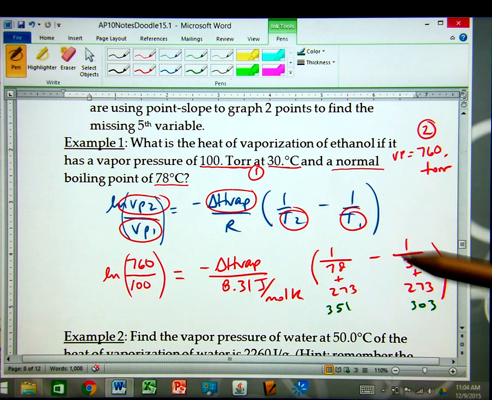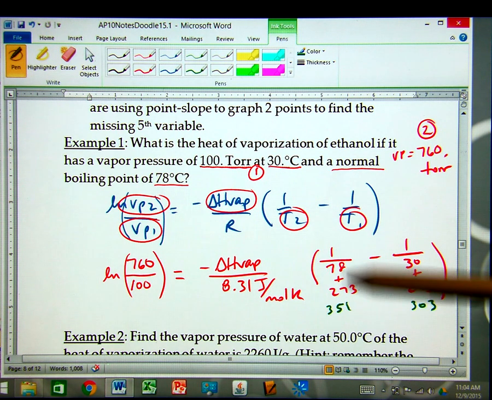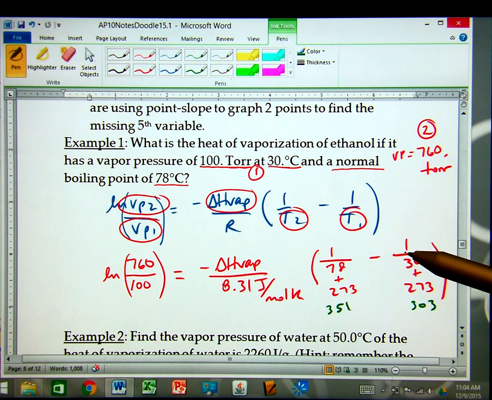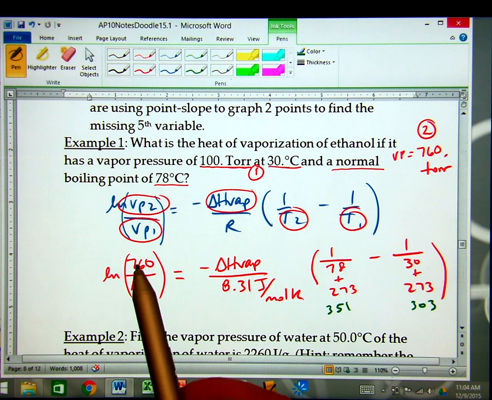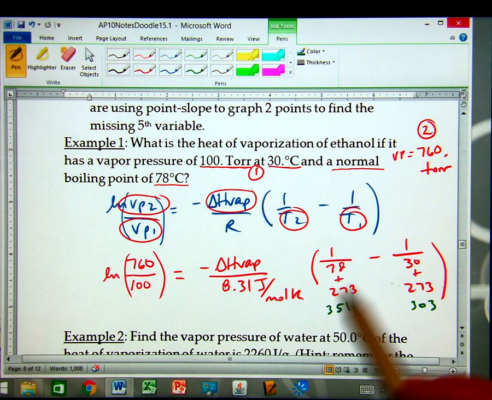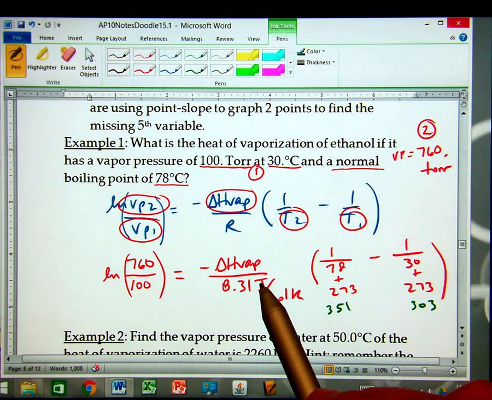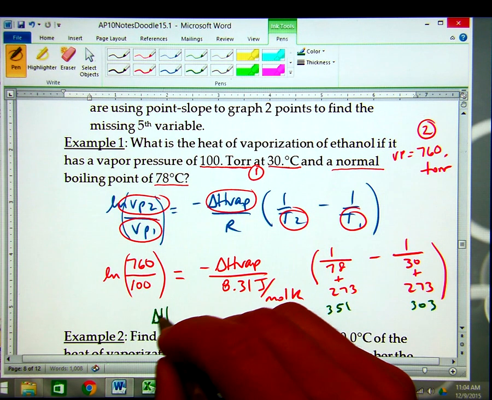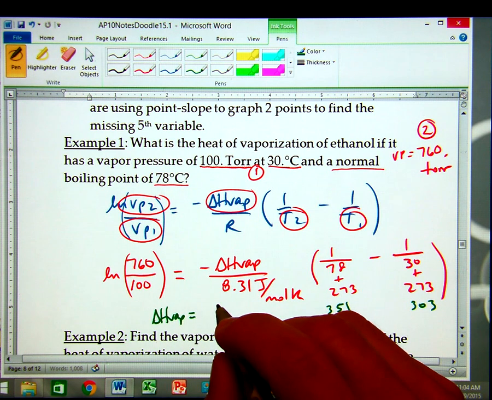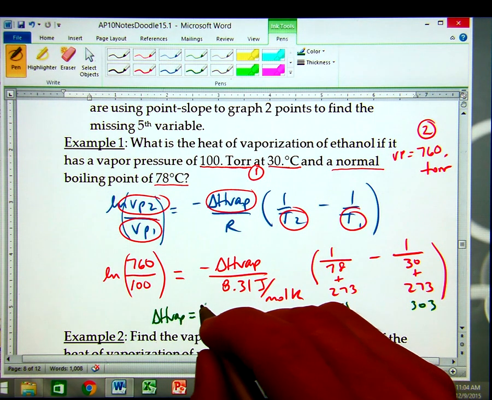So on your calculator, I would do 351 inverse, that's the x to the minus 1 button, minus 303 inverse, get that answer. And then you'd have to do ln, so do 760 over 100, which is obviously 7.60. So take the ln of 7.60 divided by this answer right here, multiply by 8.31, and then take the negative of it, and you'll find the answer. So you should get an HVAP to be 37343